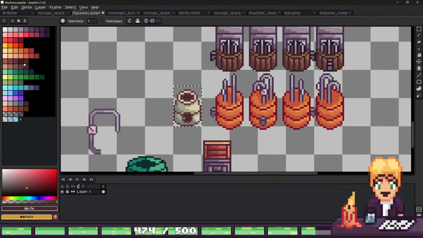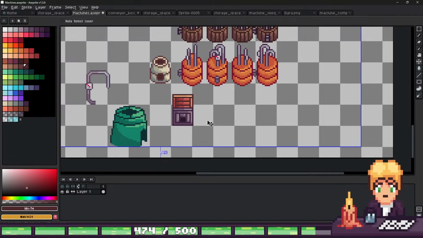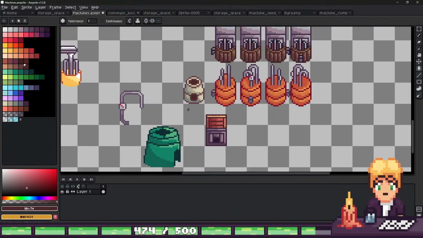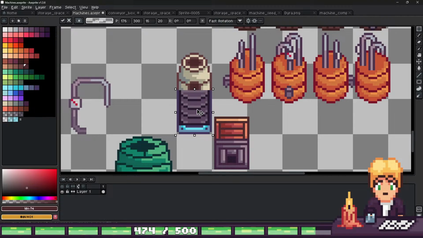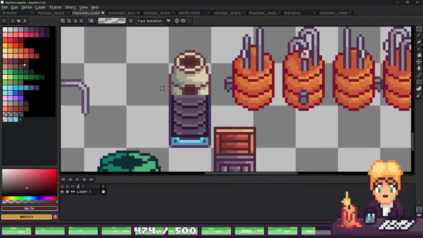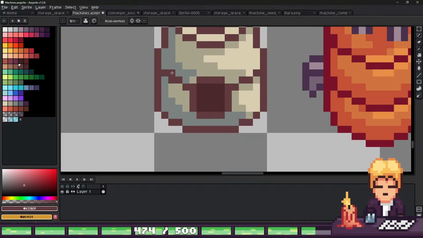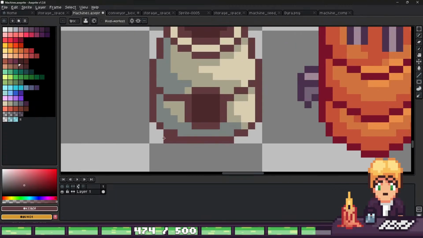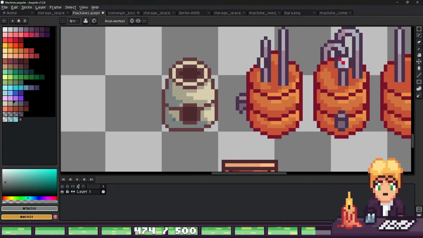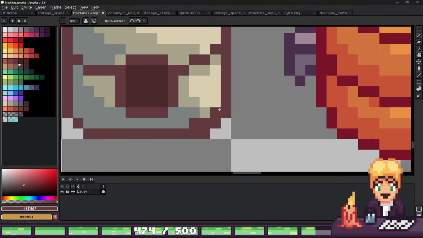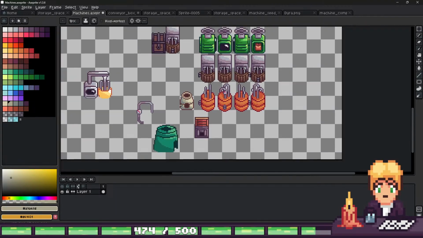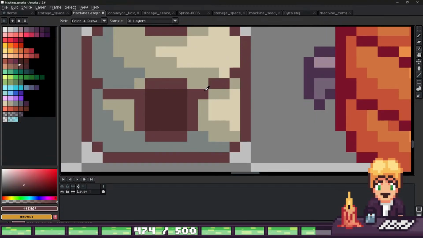Yeah, maybe this one. This is fine. We put this one in front. I don't want it to be a circle in total here. More likely this way, and